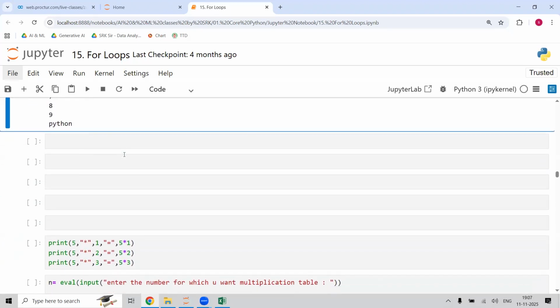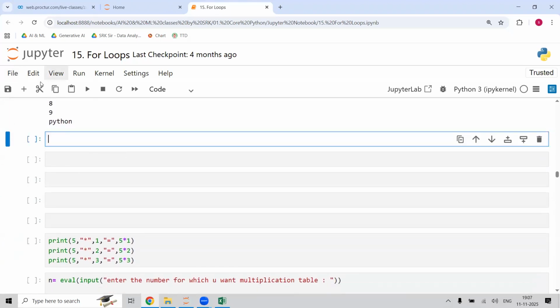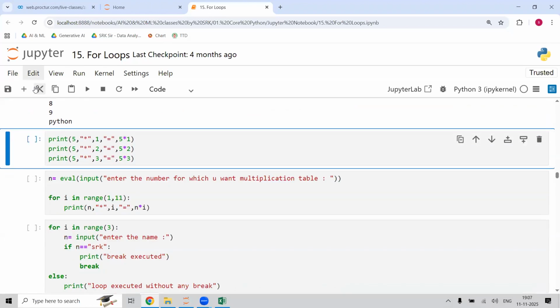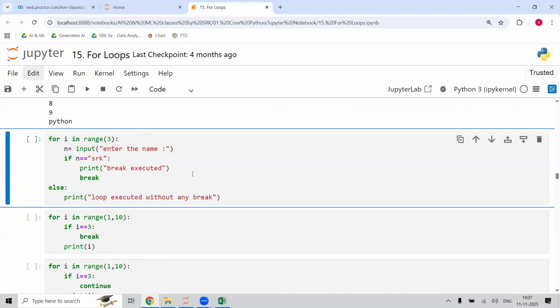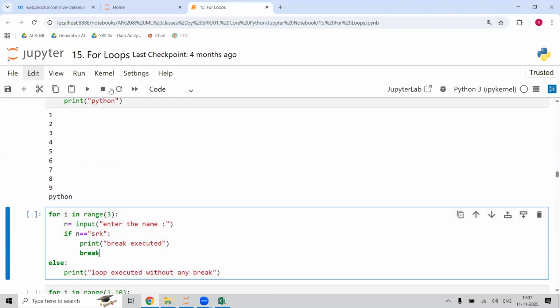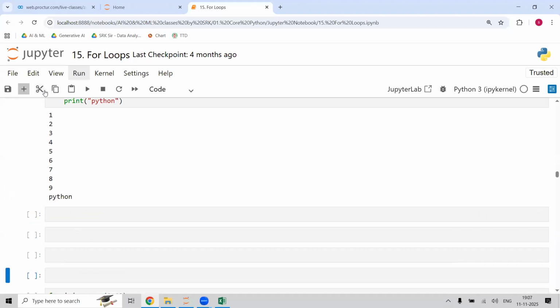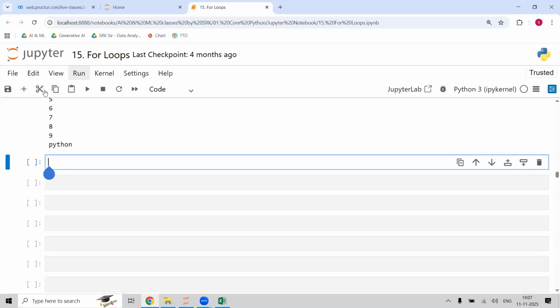Now let us try one example for a real-time application where we are going to use this break. For example, you went to some medical shop to purchase some medicines. Some medicines you have selected. How can we select the medicines here in